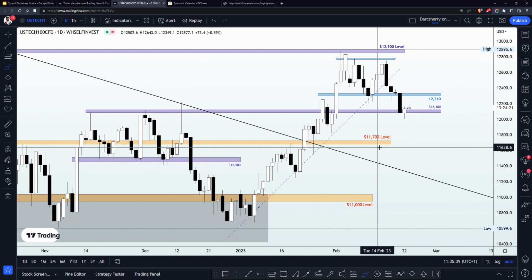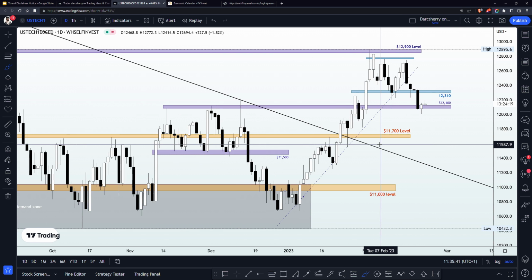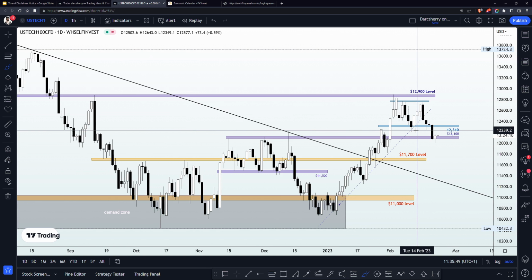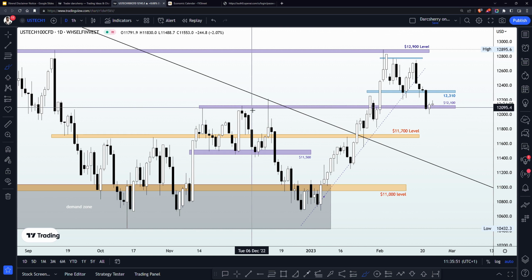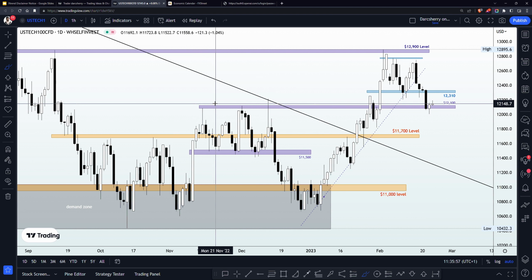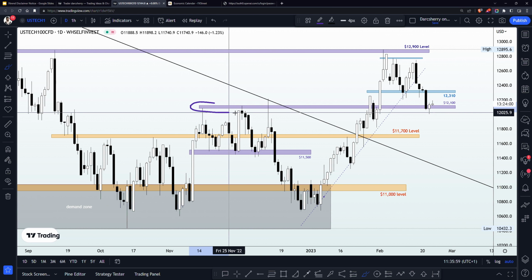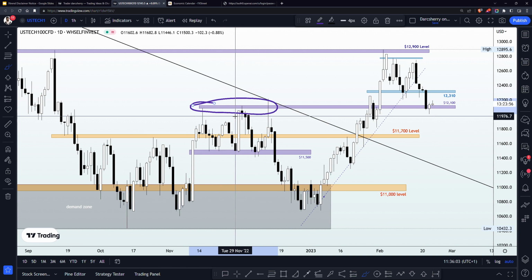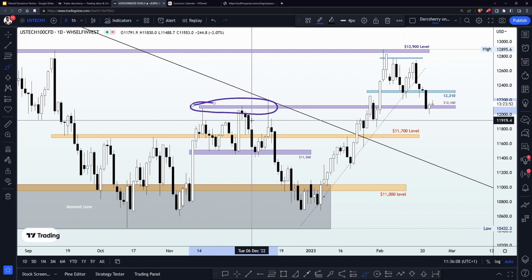to the downside. So right now price action is right at a critical point here, and that is the $12,100 level. And if we look into the past here, you would see how this level also has been a major selling niche in this market. Let's go to as far back as the month of November of last year. You saw that when price action got into the 12,100, we saw selling pressure resume from that area to negate all buyers' attempts at that area.